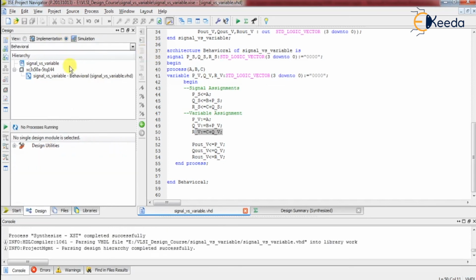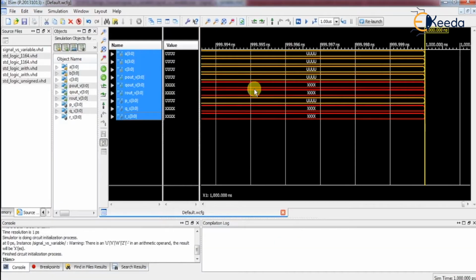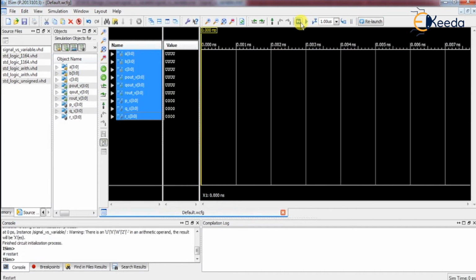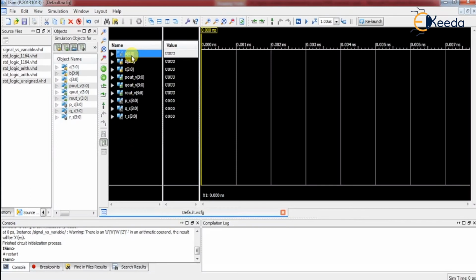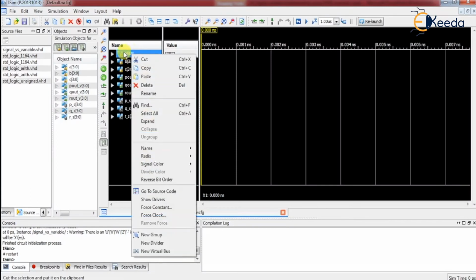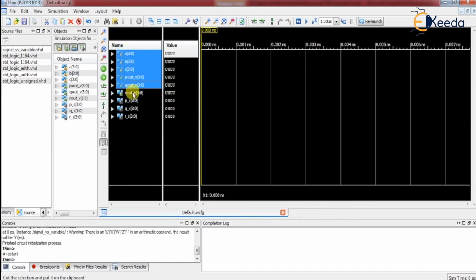Let's begin the simulation. Let's start it. Restart it. As I said, the initial value of A is 2, B is 4, C is 6. Let's assign them in the simulation. Before that, we will change the radix of all signals to unsigned decimal, so we can see them in decimal instead of binary.